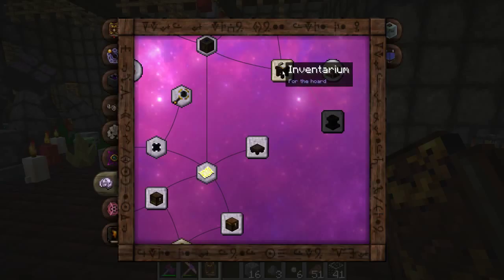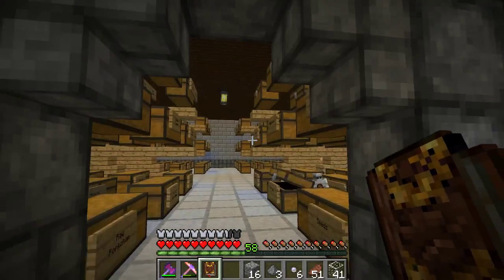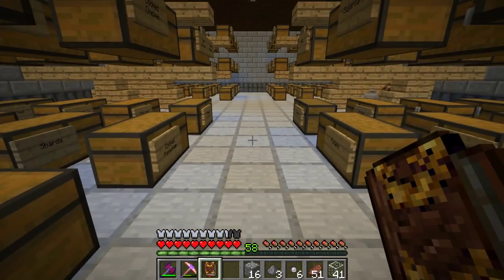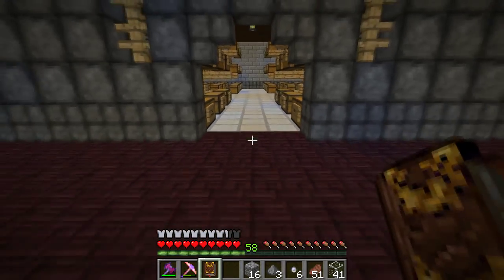We need to make this an Inventarium. Okay, it's a real cool thing that allows us to have a ready access inventory of all the stuff that's in here in one easy to see block. It's almost like an AE system. And to make that,